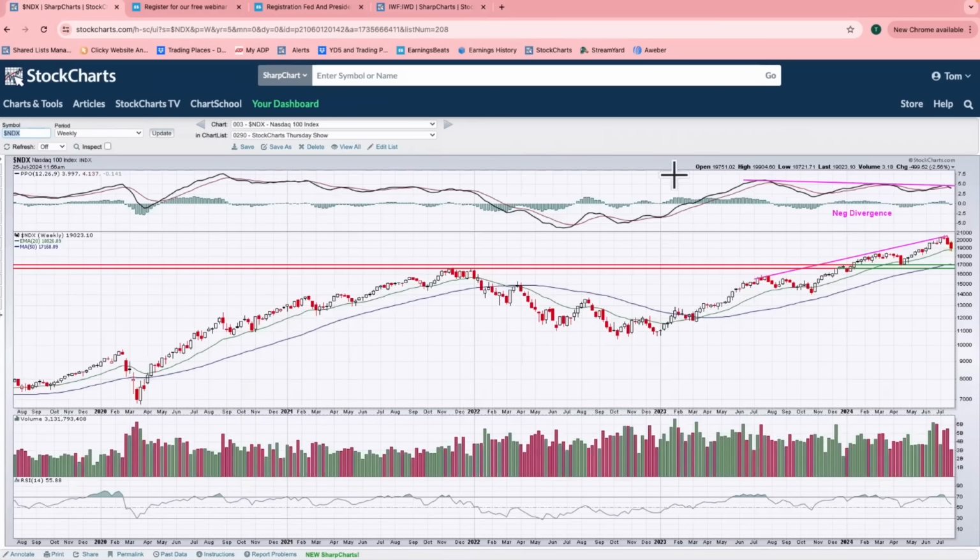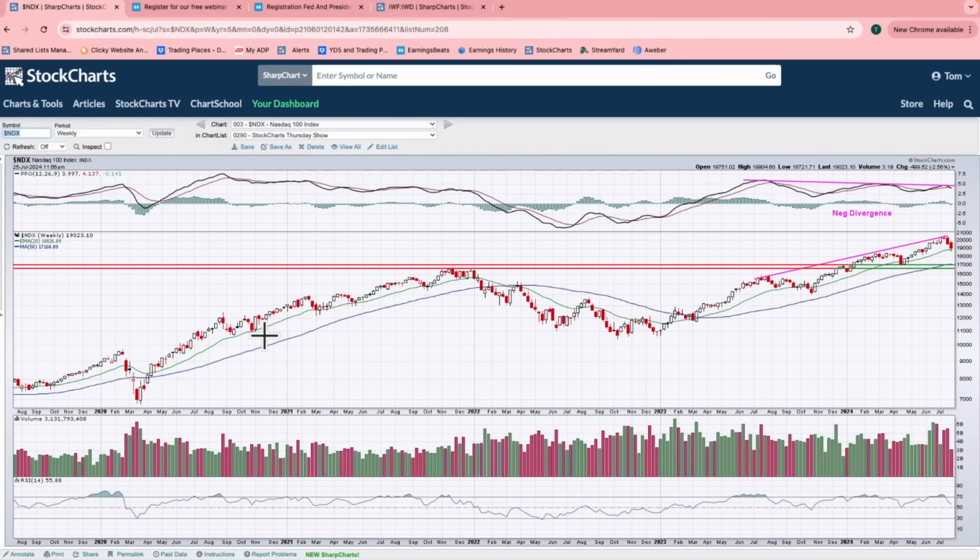Nasdaq 100, you can see that this weekly negative divergence has been going on a little bit longer. We continue to put in higher highs. Currently, we are testing the rising 20-week moving average on the NDX, and that's going to be an important level to hold. If you go back all the way to 2020 and 2021,